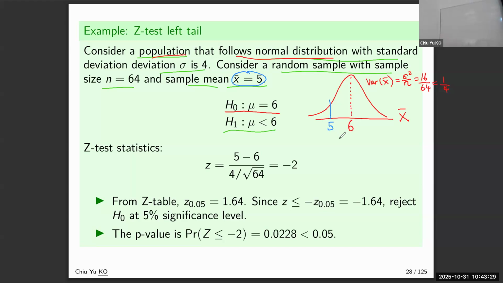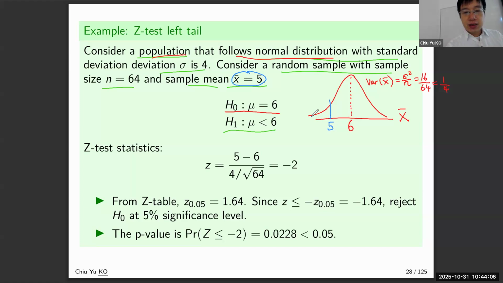So the question would be, is 5 sufficiently smaller than 6 such that we are confident enough to say 5 is less than 6 and we favor H1? Remember, whenever we make this decision, we could suffer from type 1 error. Because even if this is true, we can get 5, right? So what we say is large enough is we say